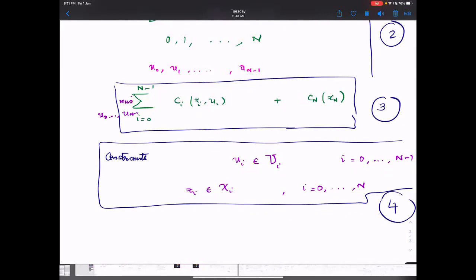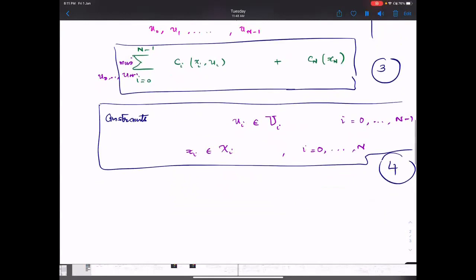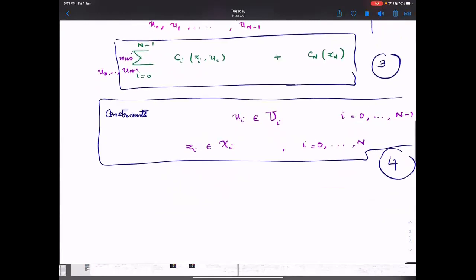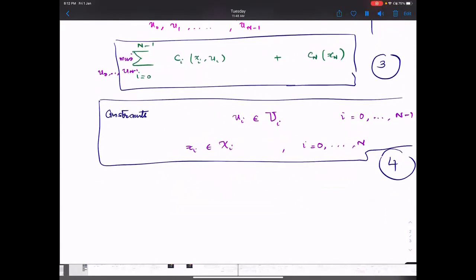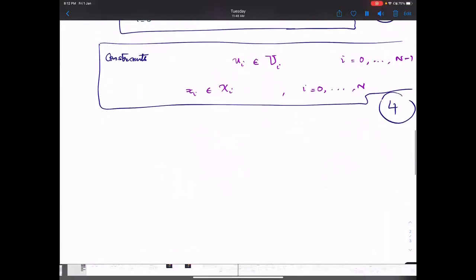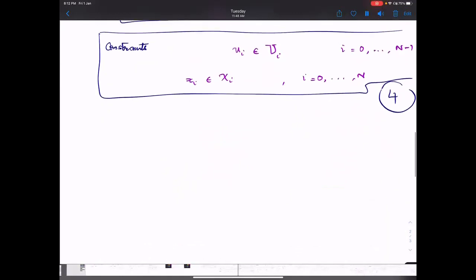All right. So one of the ways you go about this, let's look at the overall picture here. So now you have a state space